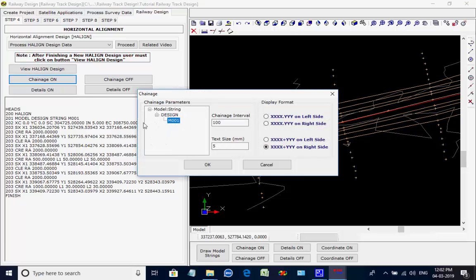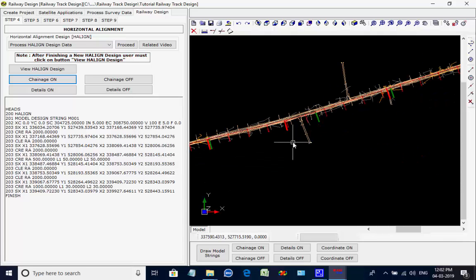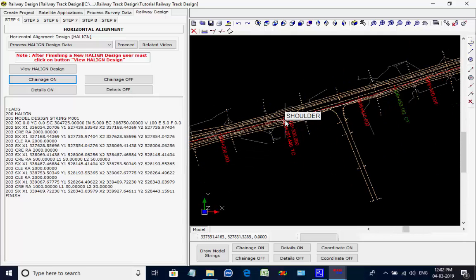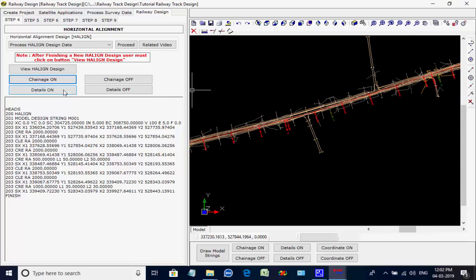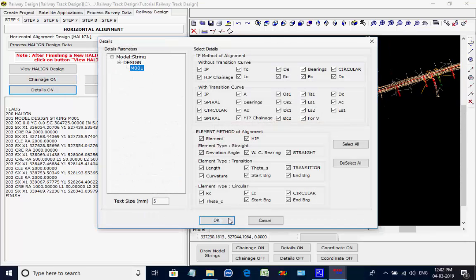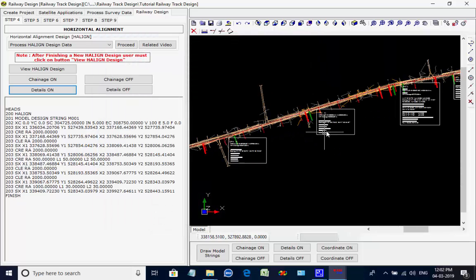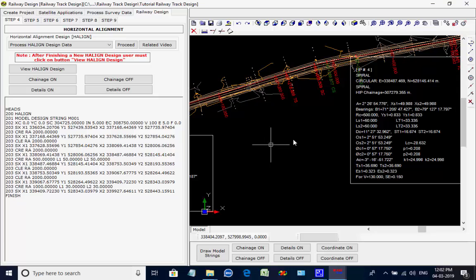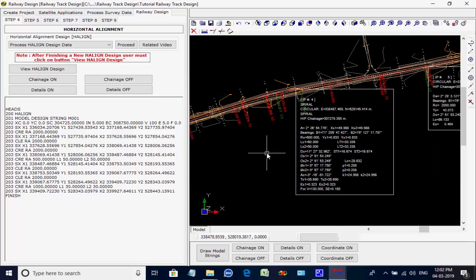Click on button Shenage On. Select string M001. Click on button OK to display the shenages along the center line string M001. Click on button Details On. Select string M001. Click on button OK to display the details of horizontal intersection points, hips, and curves along the